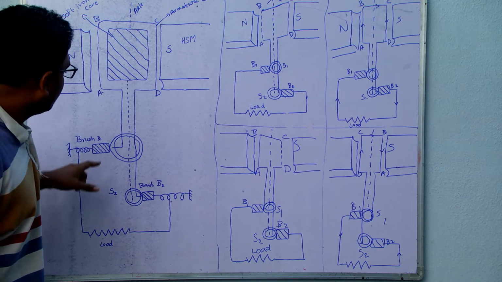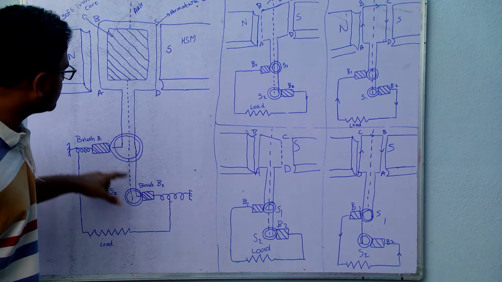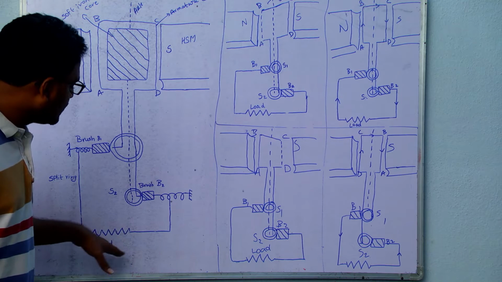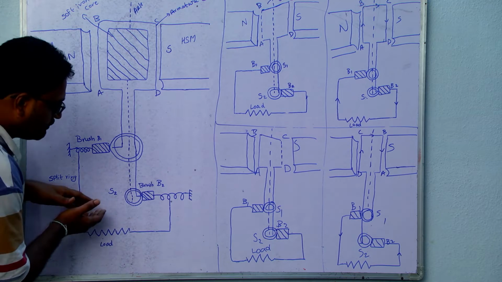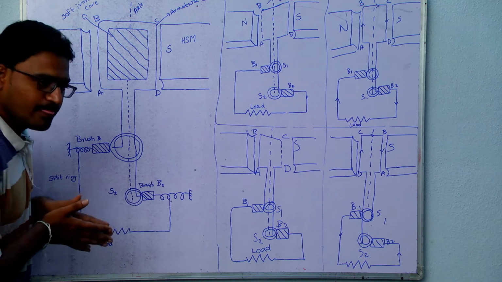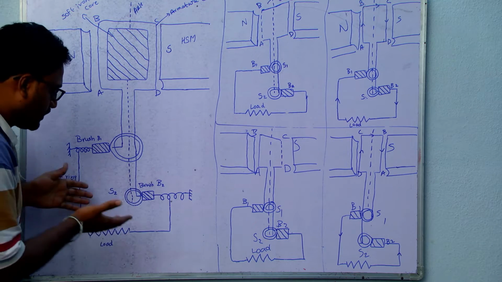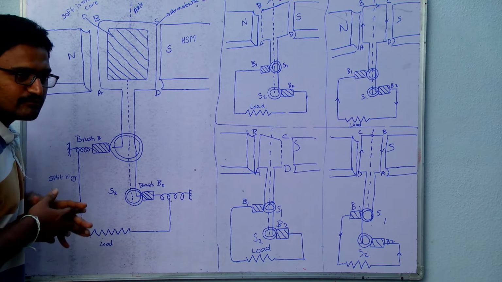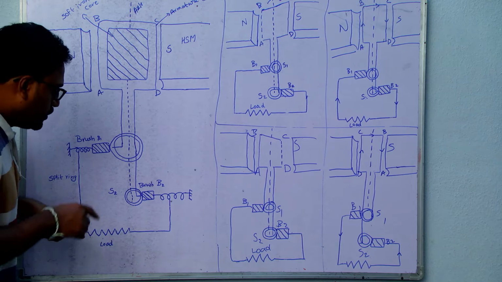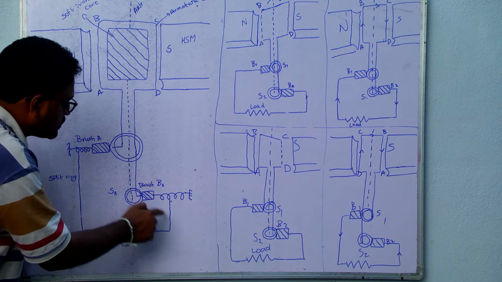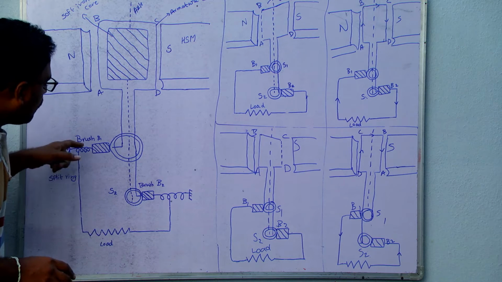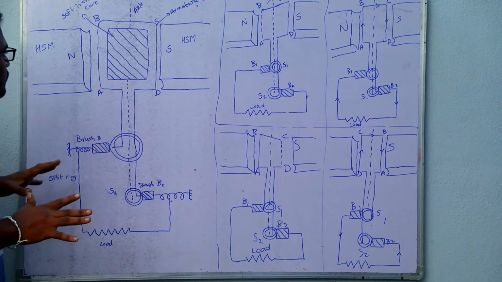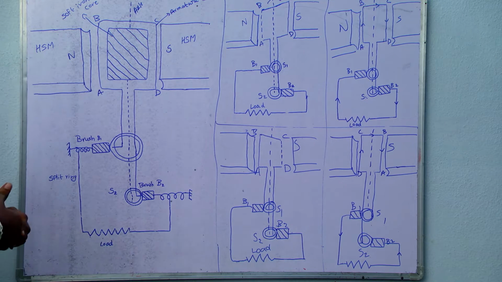So an EMF is induced across these two ends of the coil, and the coil is closed through the required load. This load means it is connected to our home, to any supply. Maybe it is a refrigerator, a TV, something like that. Through that load the circuit is closed, and so current now flows through the circuit. That is the basic principle of the AC generator.